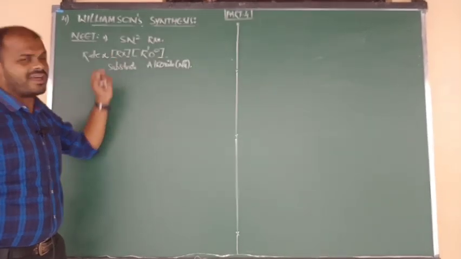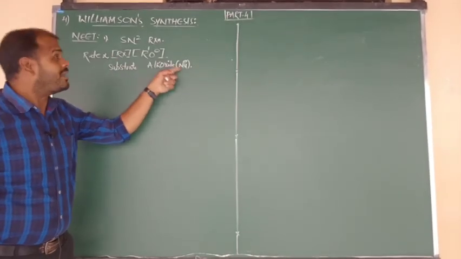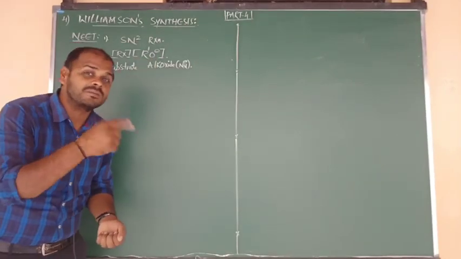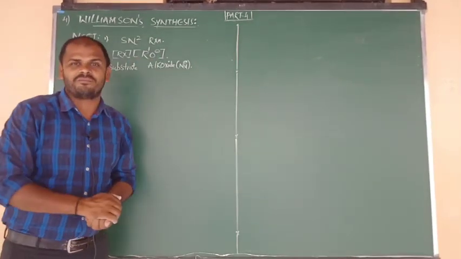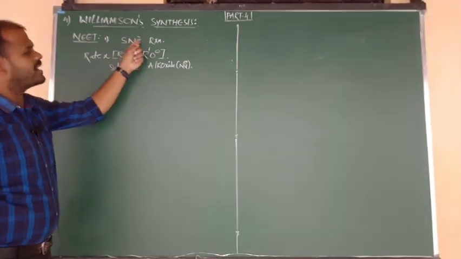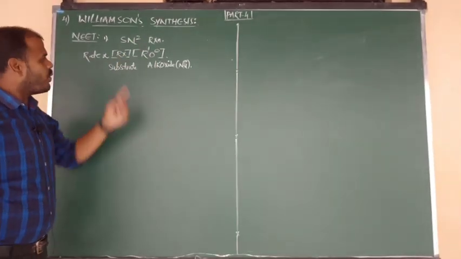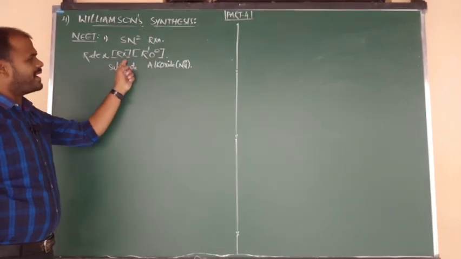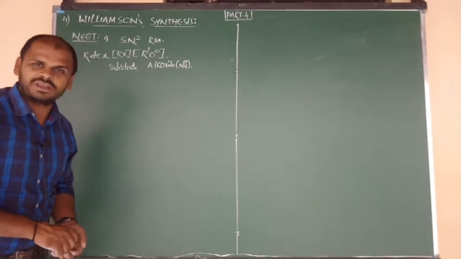Concentration of alkyl halide RX, and what is the nucleophile? Alkoxide, which is coming from sodium or potassium alkoxide form. So here also rate depends upon 2 molecules. So we can say it is a bimolecular reaction. One nucleophile, X minus, is replaced by OR minus, so it is a nucleophilic substitution reaction.